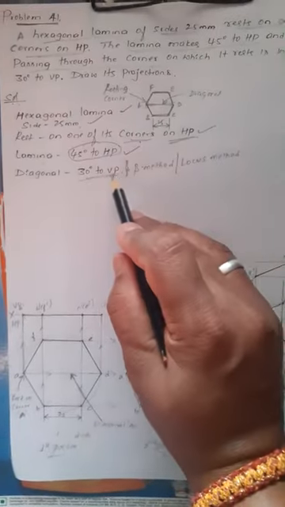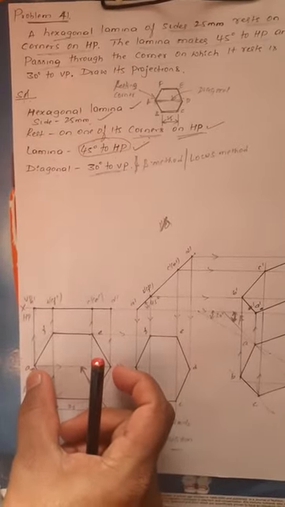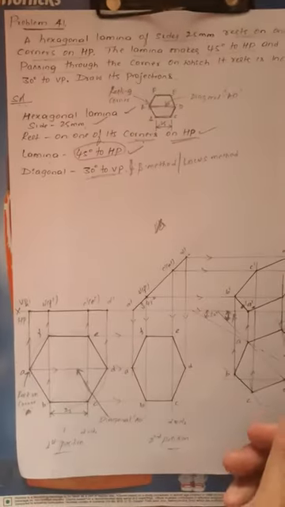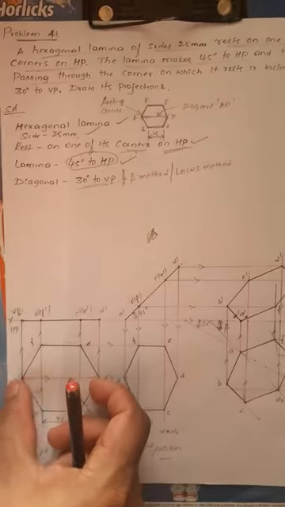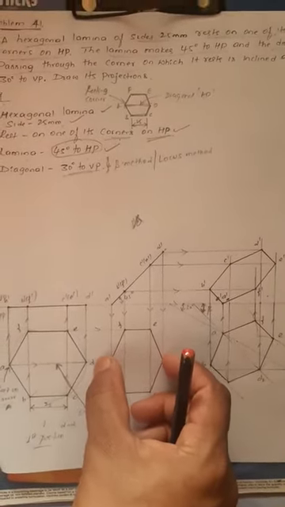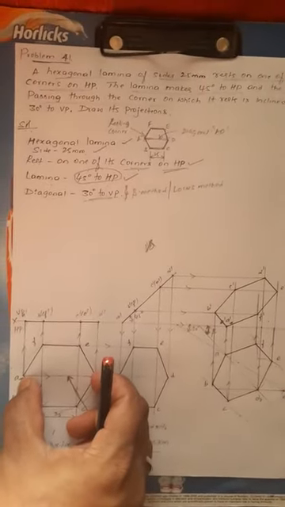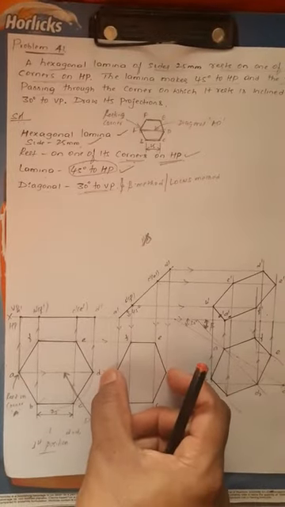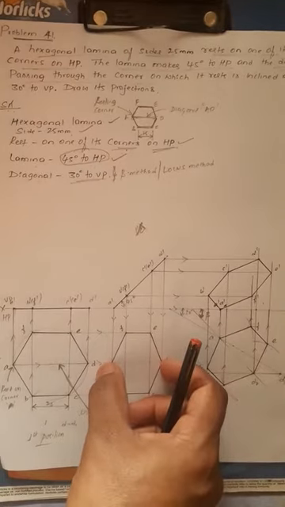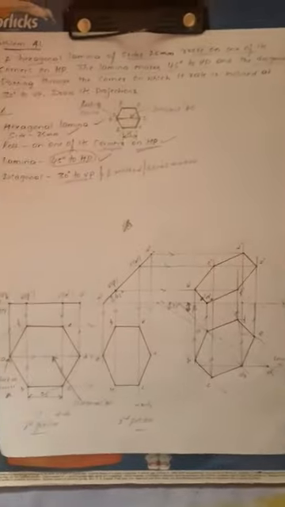Next, the diagonal is at 30 degrees to VP. Now see the diagonal. Earlier the diagonal AD is the diagonal, right? In the first position, the diagonal AD is a true length. When it comes to the second position, the diagonal AD is not a true length. It's an apparent length, now reduced in length. Then which method does it become? It is the beta or locus method.